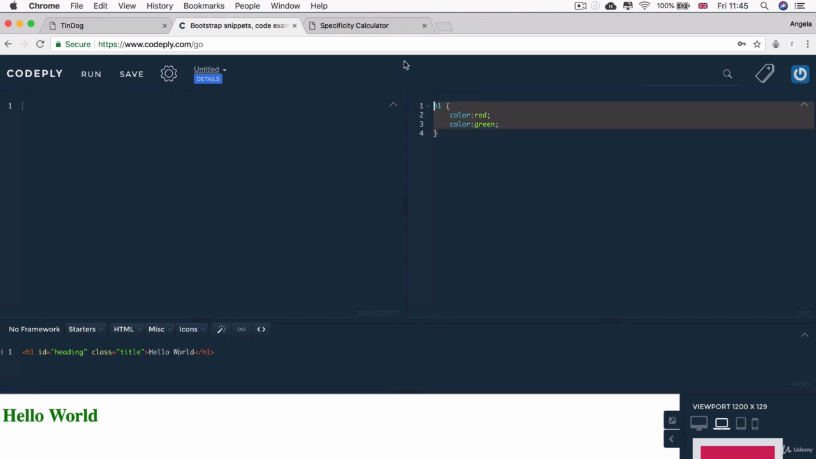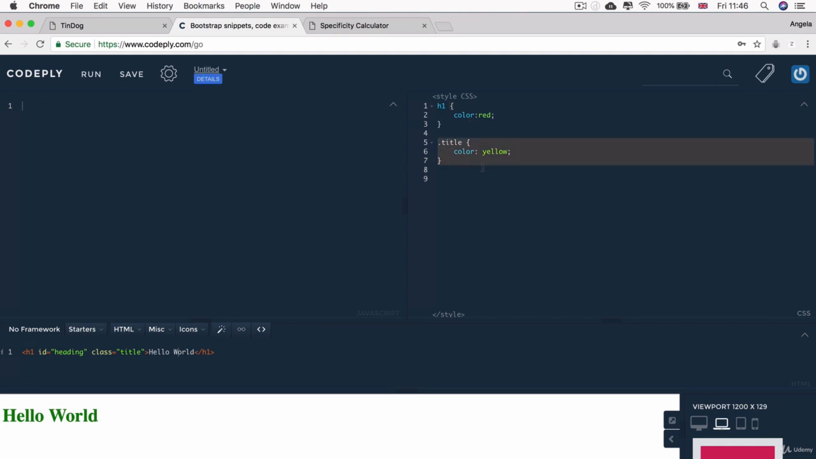Now, as we said before, I can either use the h1, which is an HTML element selector, to change the color, or I can use the class, which is title, to change the color. So let's change it to yellow. Now, a class is more specific than an HTML element. So think about it. On your web page, you're probably going to have more HTML elements than classes. So for example, if you had a whole bunch of paragraphs, they're probably all going to have different classes. So it makes sense to make the class selectors have higher priority because they are more specific. So if I hit run now, you'll see that the hello world is now yellow instead of red because this